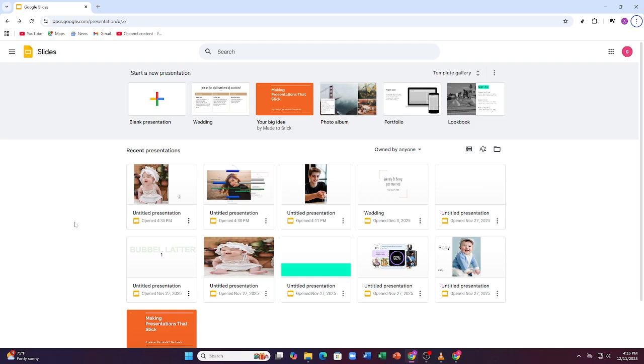Hey everyone, in this guide, I'm going to show you how to fill a shape with an image inside Google Slides using the full 2026 setup. This is one of the easiest ways to make your slides look modern, creative, and visually professional, even if you